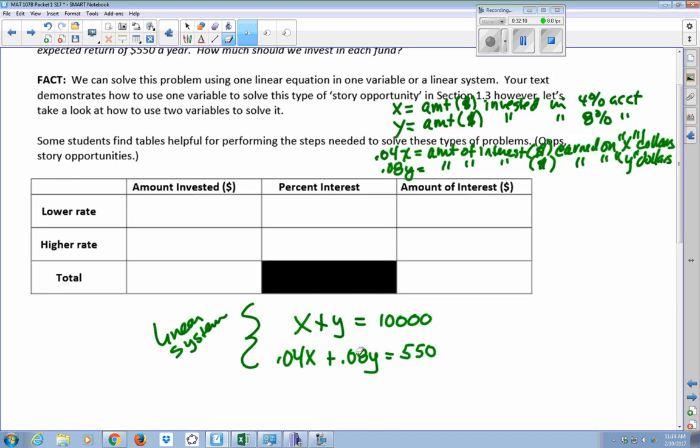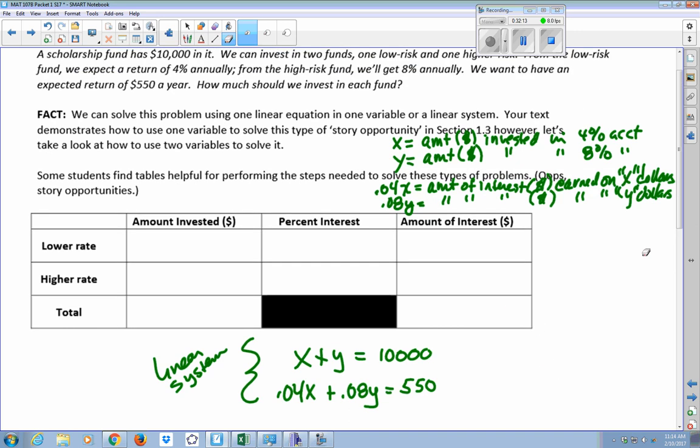Okay, let's not do that right yet. I want to come back to this table now. All of this language, folks, is included in this table, including the proper language. Notice amount invested with units, dollars. So if you write that as a heading, you get a check and a check for these first two variable expressions. Amount of interest with dollars is the definition of these two variable expressions. So the lower rate and the higher rate is what you're looking at in this problem. You're investing money at two different rates. So if you do an X and a Y here, and then look,